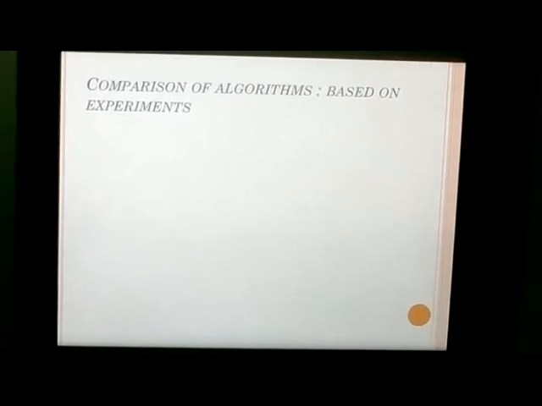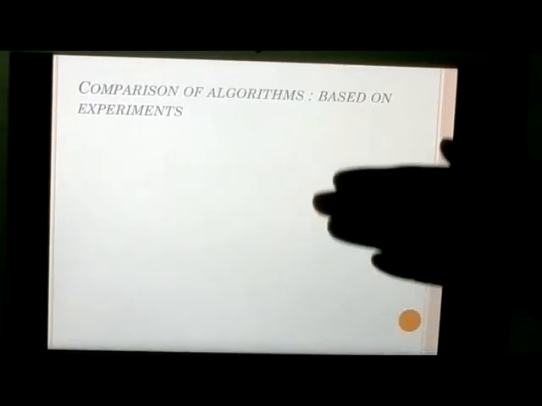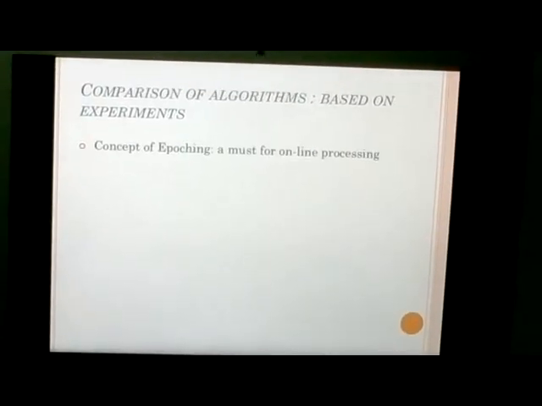Now, I'll show you in this slide a comparison of algorithms based on experiments. Concept of